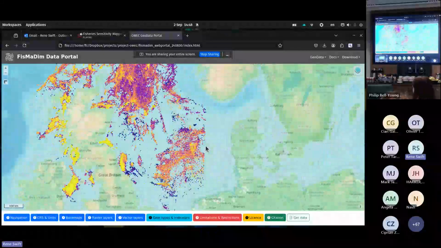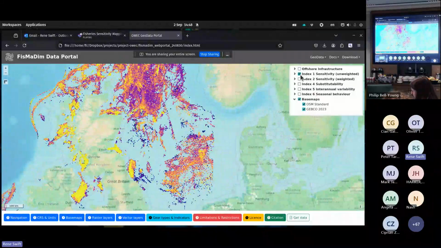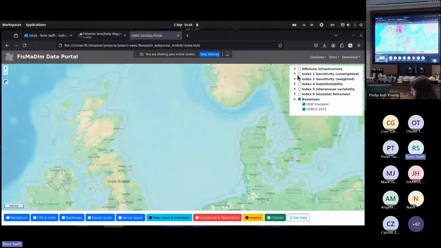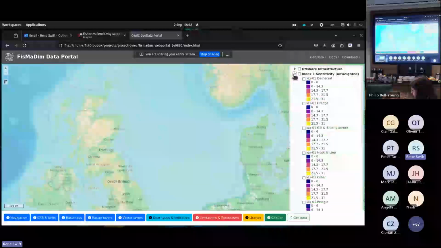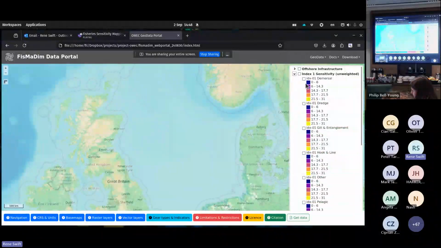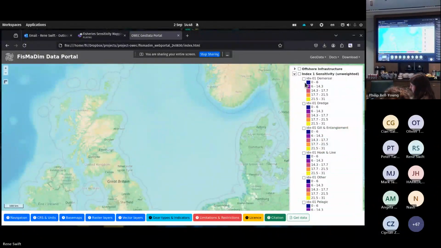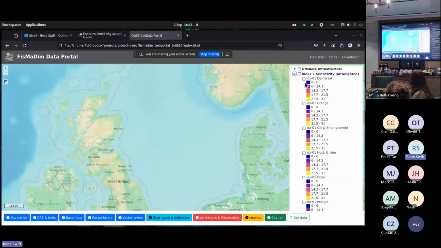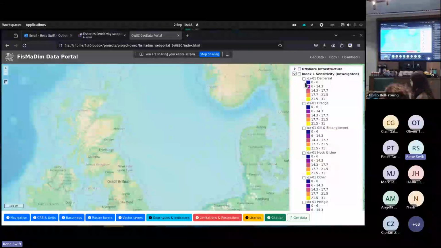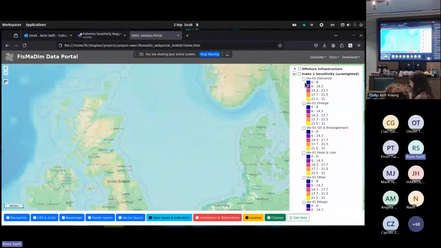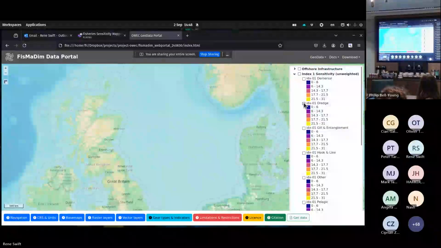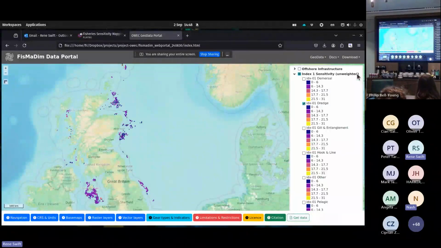Your user is then able to select which layer they want to display. You have a number of layers. Each layer represents a sensitivity index or supporting index, and each of the different fisheries, the 8 different fisheries that Tanya described. So I can click on one and choose to display that information.